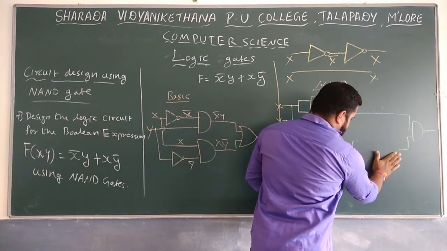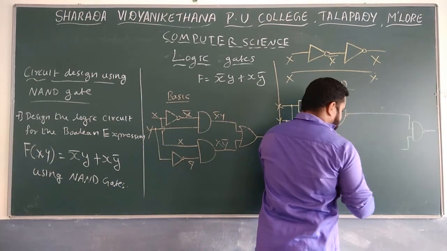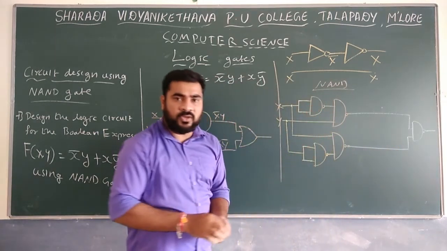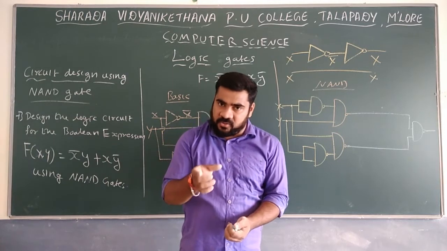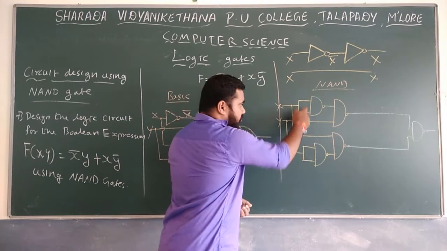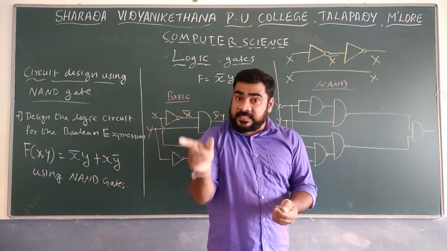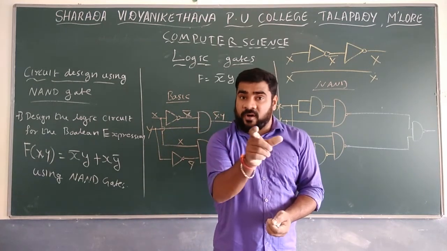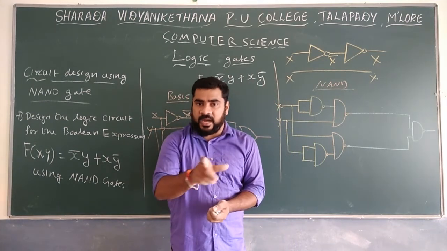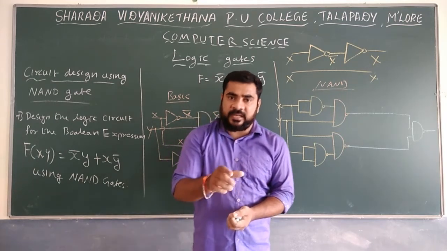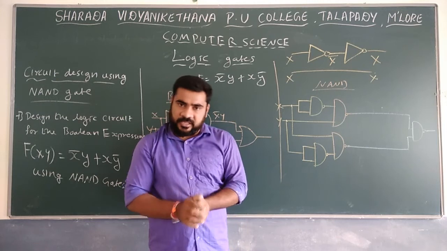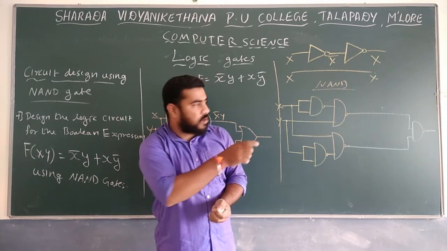So here also, two NOT gates are used, so it is possible to cancel these two NOT gates. Whenever two NOT gates are used together in the same line, it is possible to delete them. It is not possible to delete two NOT gates if they are not in the same line. They should be in a sequence. Whenever two NOT gates are in a sequence, it is possible to delete both NOT gates by using this concept in the circuit. So I think you understood how to delete them.